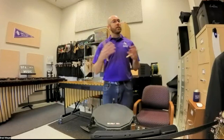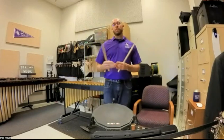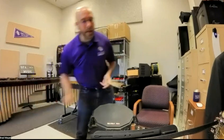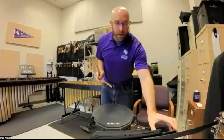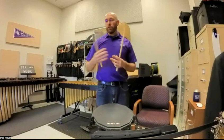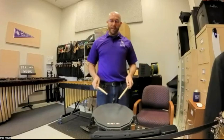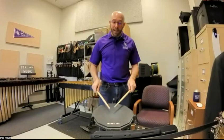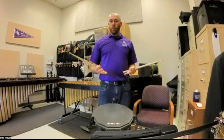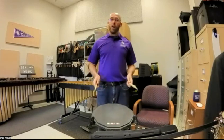And it's not going to sound good at that tempo, but what we're trying to do is prepare them so that their muscle memory is ready for being at tempo. Last couple things are, let's talk about a way to get in and out of rolls. I find that a lot of students, when they release on a hand, whether that's right or left, sometimes, if I'm trying to release on my left hand, they'll accidentally tap the last note of a roll on their right hand. So instead, have them overpress the roll,